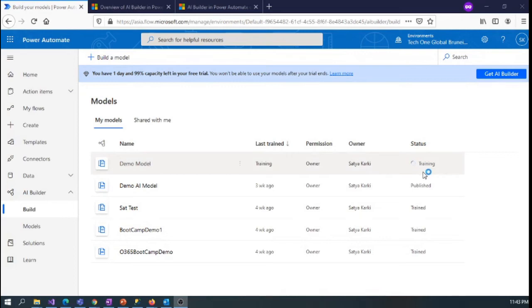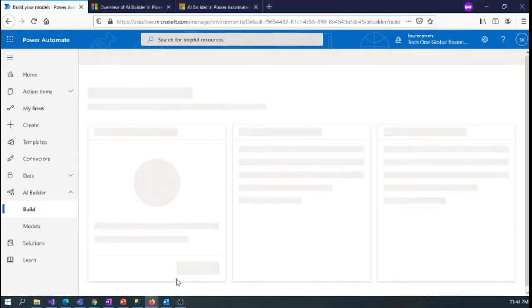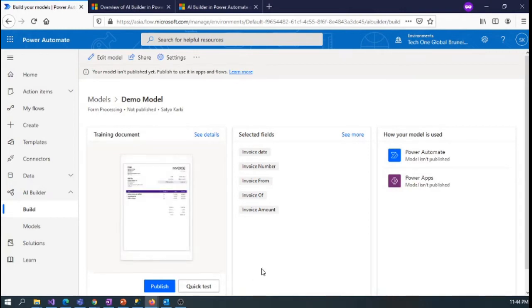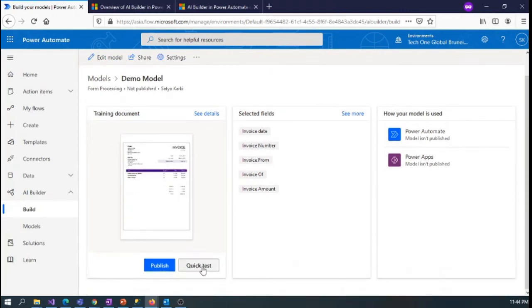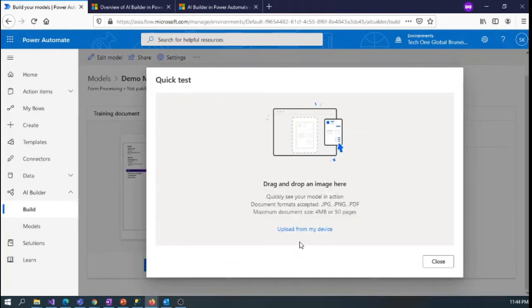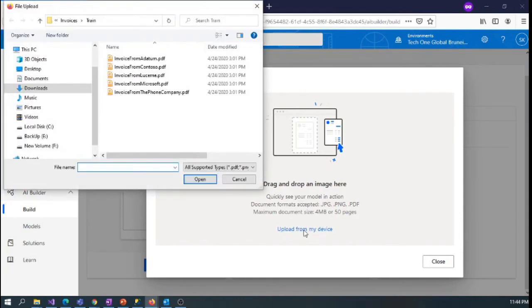The status is still training, so we have to wait a few minutes. Now the training is completed. So we can click on the models and do a quick test of the model, as well as publish our model for further use in Power Automate and Power Apps. Now I'm going to click on quick test and test our model.